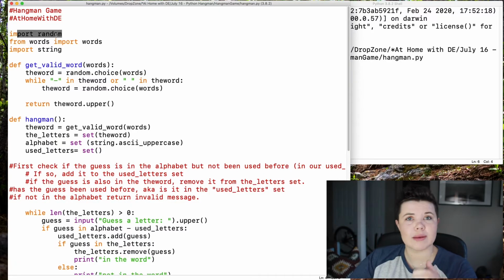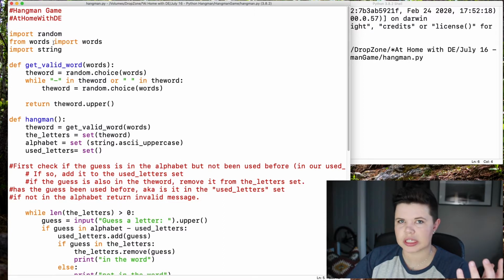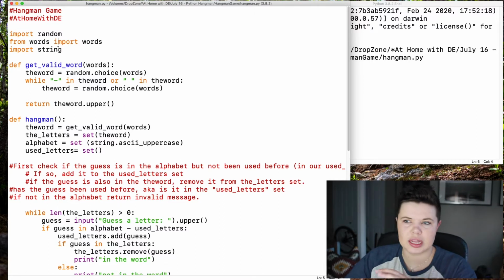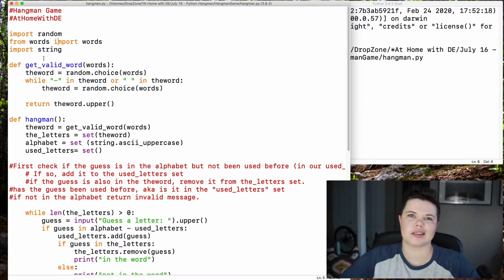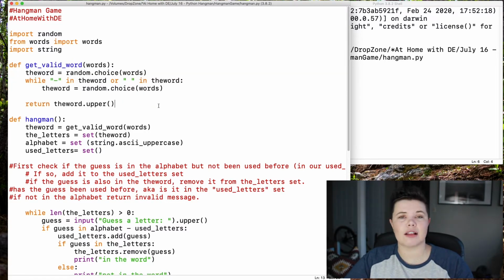So when we're looking at what we coded last time, just a quick refresher to get you back up to speed. We've got importing our random function. We're importing this list of words, so a big old list of words within a new file, and we're importing it into this one. And then we're also importing the string functions so that we can create the alphabet without having to type it all in. The first function that we have up here is our getValidWord function, which is essentially grabbing a random word within that word.py